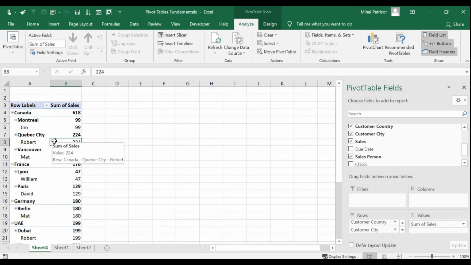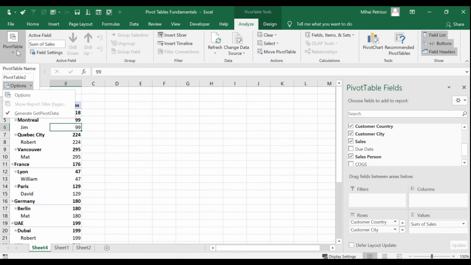The Analyze tab gives us the possibility to change the data source of our pivot table. So if you want to add data and then you need to update the report, you can do it in this mini tab. We can refresh the pivot table, which is the case when you also update your database, then we can give a name to our pivot table, and also on the pivot table at the top left we have some options for our pivot table.